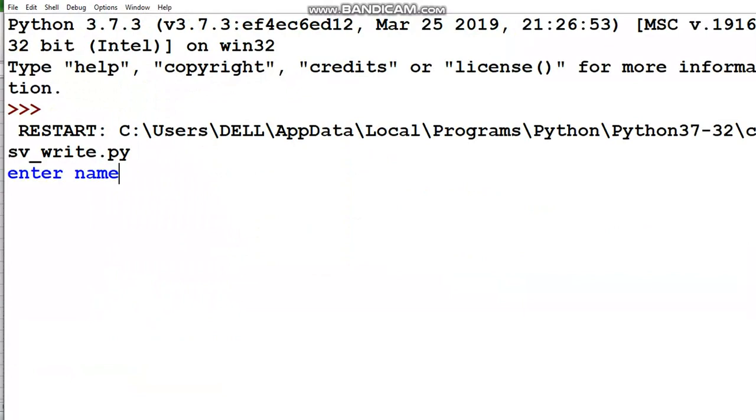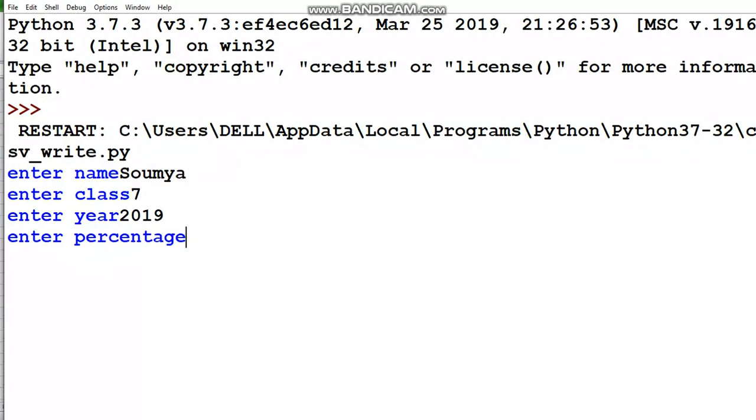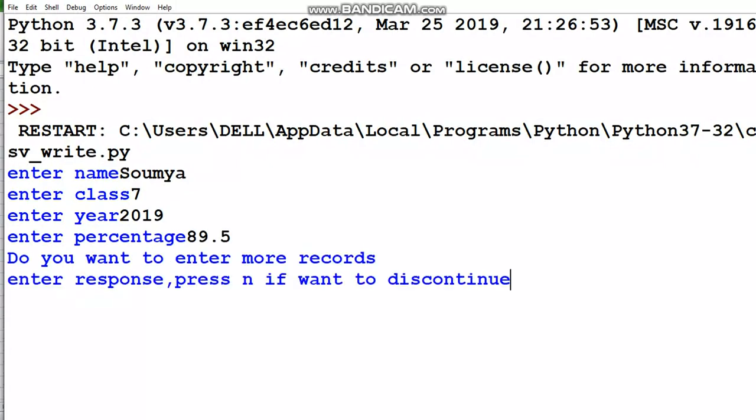Name, class 7, year 2019, percentage. If you want to continue, press any key. If I press small n, this process will stop.